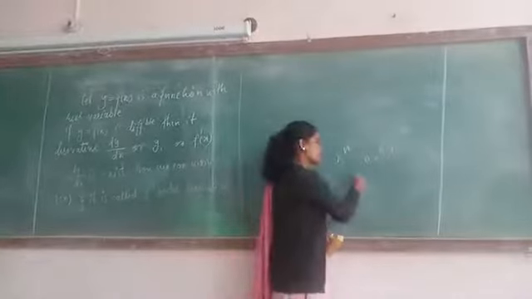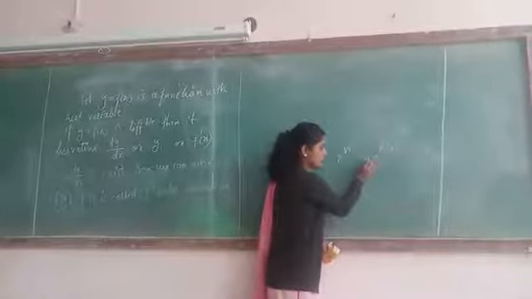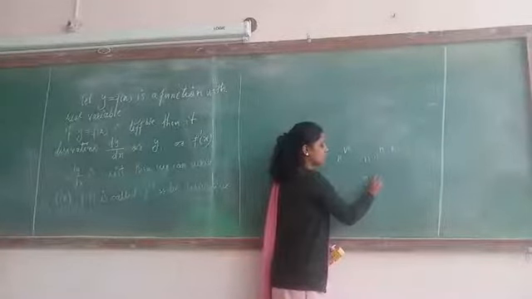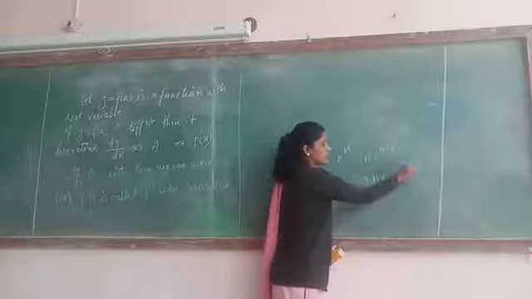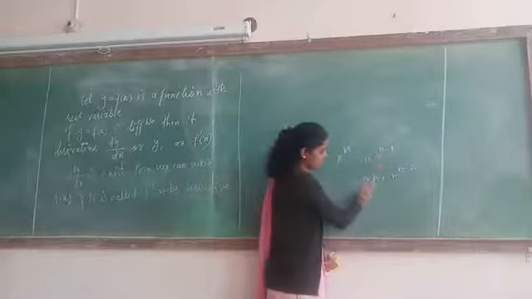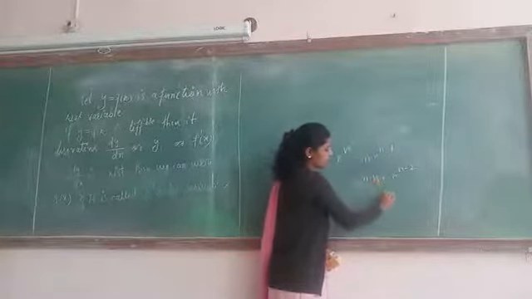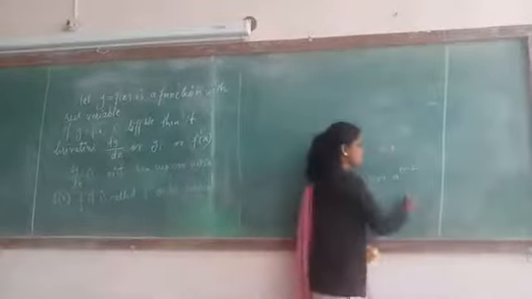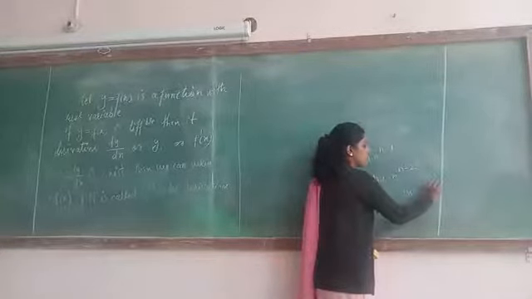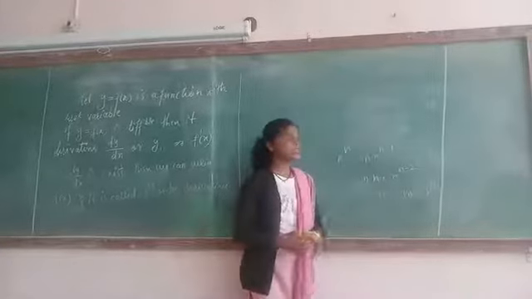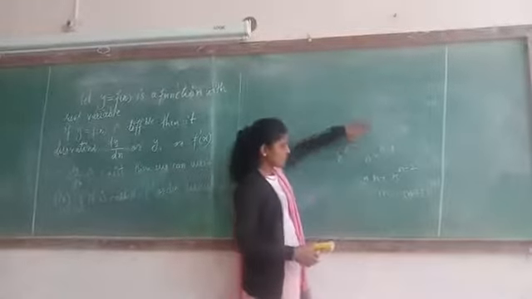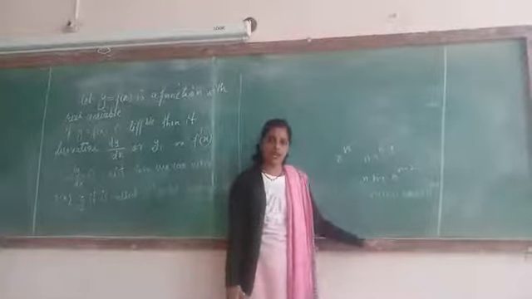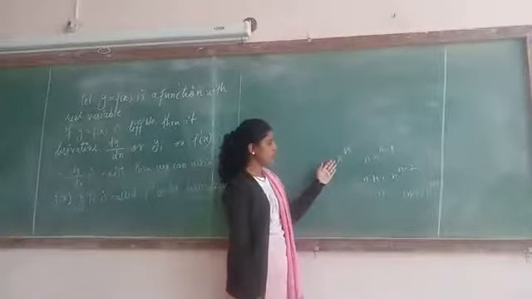If we need to find the second derivative, again you have to keep this n as is. Again derivative of x to the power n minus 1 is n minus 1 into x to the power n minus 2. Again the third derivative of this is n as it is, this n minus 1 as it is, the derivative of x to the power n minus 2 is n minus 2 into x to the power n minus 3. Correct? So this one function we are differentiating again and again, that is called the successive derivative, of x to the power n.